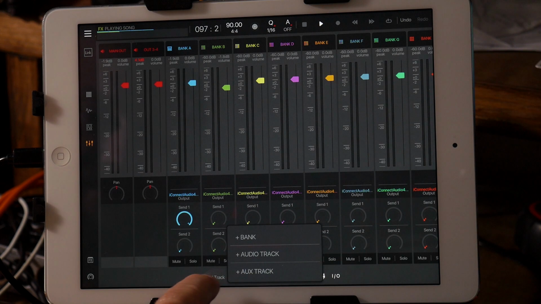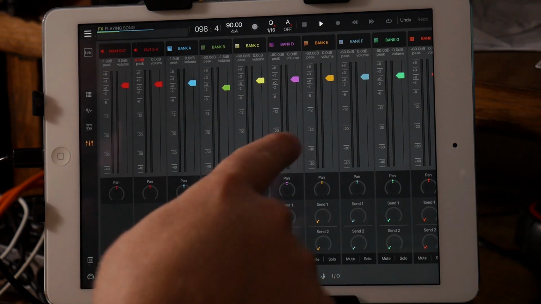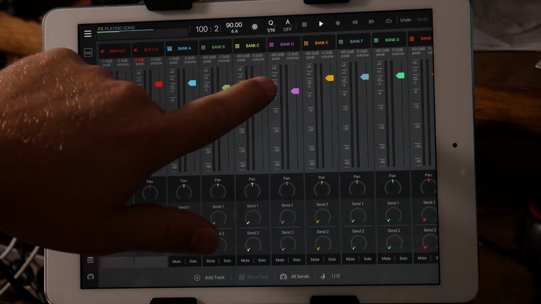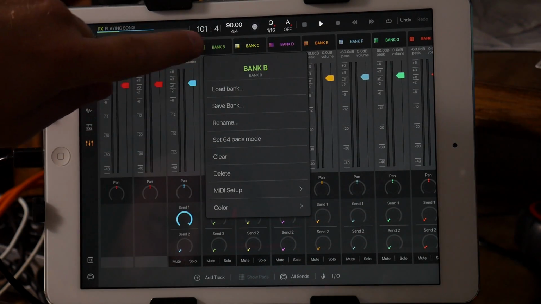You can add tracks on here as well. Take my input output off. You got your panning, individual volumes, and if you want to go in and